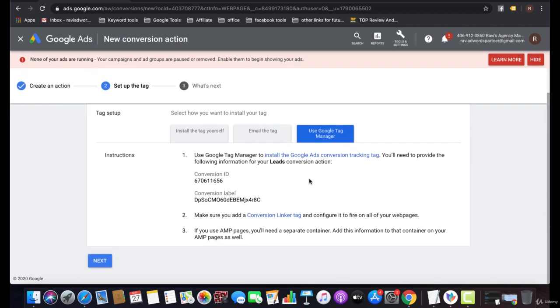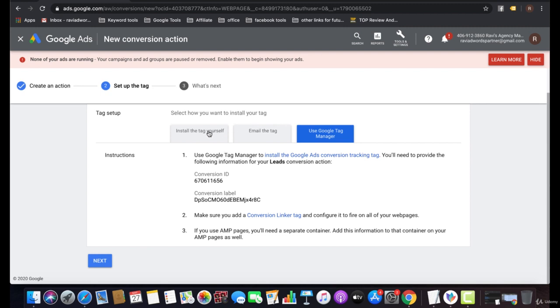After creating the Google Ads conversion in the Tag Manager account, you need to add the linked tag to your website. After creating that tag and putting it into the website, you can track each conversion from all types of platforms. You can track conversions from Facebook, from Quora, from offline forms, and from other forms as well.